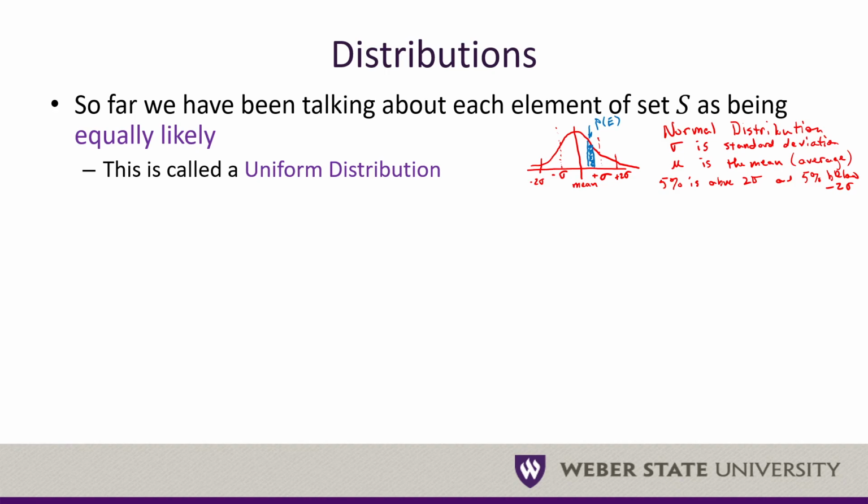And that's simply because 5'9" is the average height, at least for males in the U.S. I'm not sure if it's worldwide, but I know it's the U.S. So 5'9" is the average. It's more likely that somebody you bump into on the street that's male is going to be closer to that